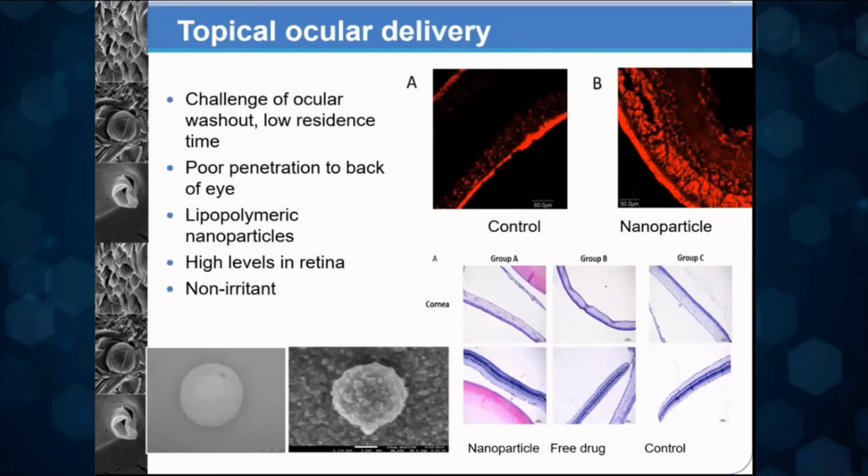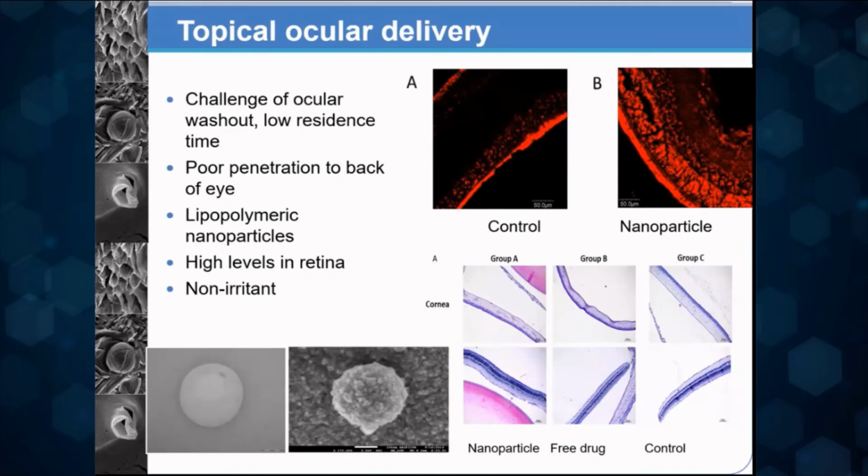Another big challenge is that of ocular delivery. Now, we would all know that any substance, even a small eyelash coming on the surface of the eye, causes intense irritation and watering. So this lacrimation or tear fluid causes washout of any drug that is put on the surface of the eye. So the challenge for ocular delivery is to design your biomaterial so that it sticks on to the surface of the eye and does not get washed out. And this is what we call mucoadhesive. It adheres to the mucus of the ocular surface.